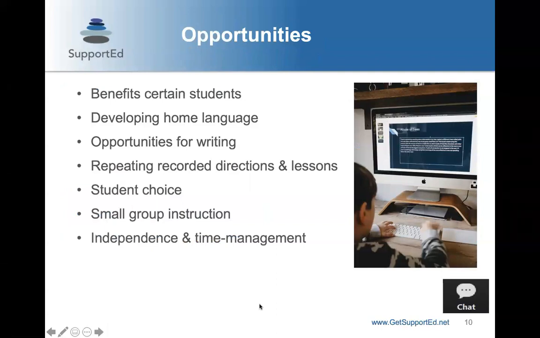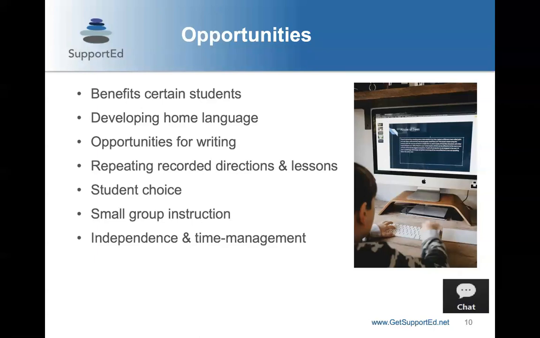So we know that there are many challenges related to teaching ELLs virtually or remotely, such as access to technology, other conflicting obligations that students might have, connection to Wi-Fi, and just the fact that you've had to change your whole teaching model very suddenly. But as we think about moving into the next year and the uncertainty of what that's going to look like, I also want us to take a minute to think about some of the opportunities that have come from remote learning. And I'm going to share a couple, then I'd love to hear what other ideas you have from opportunities that have come through this experience.